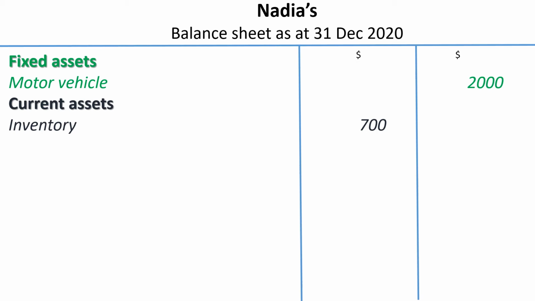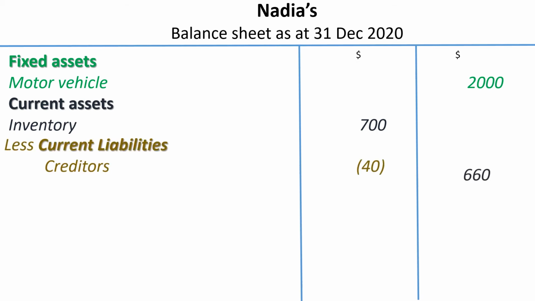The next step is to subtract current liabilities, and in this case, we have creditors valued at $40. The difference between current assets and current liabilities is called working capital. Working capital is the value of resources of a business that can be easily converted into cash. The value of the working capital, which is also known as net current assets, is added to the total value